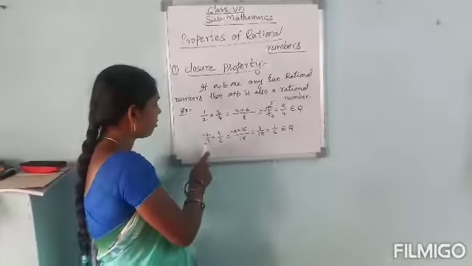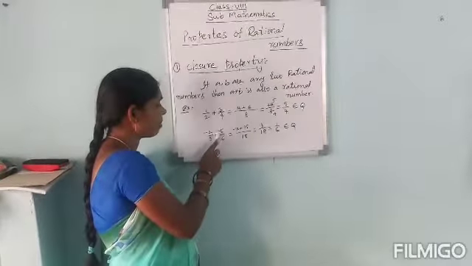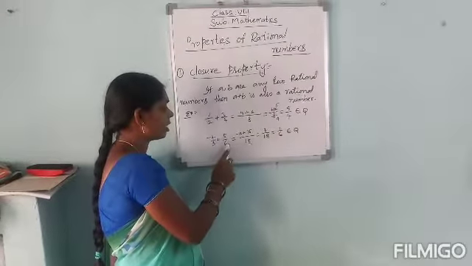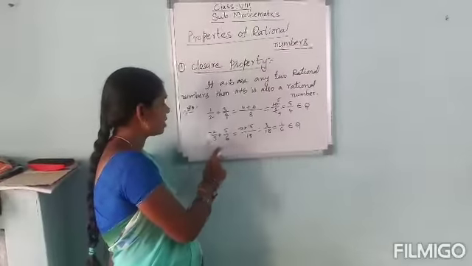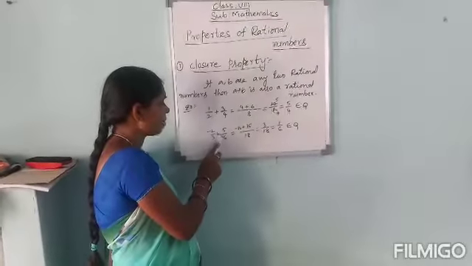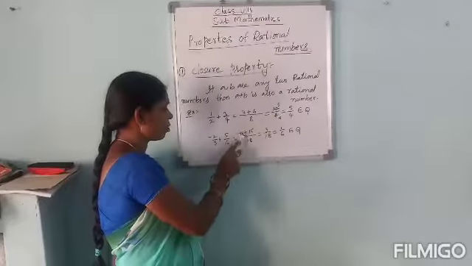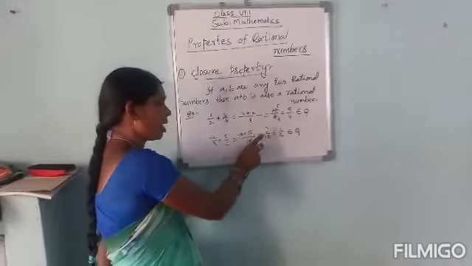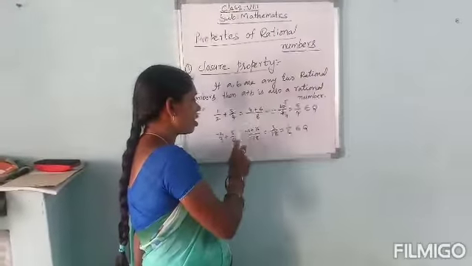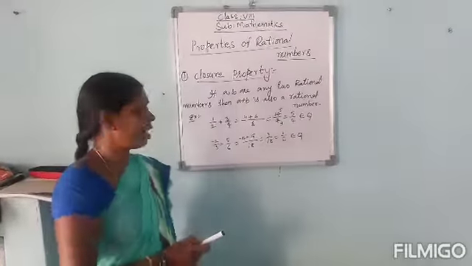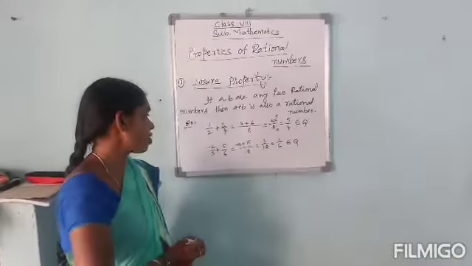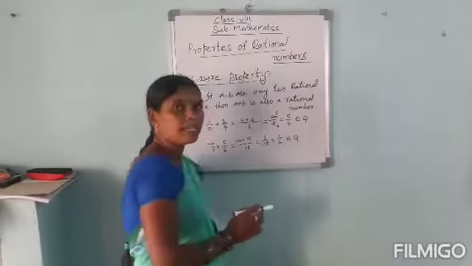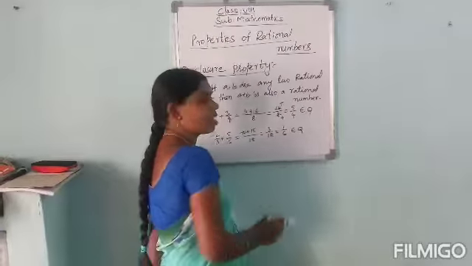Next, I am taking here one negative number. So minus 2 by 3 plus 5 by 6. What is the product here? 3 sixes are 18. Next, cross multiplication: minus into plus is minus, 6 twos are 12, 3 fives are 15. Minus 12 plus 15 is plus 3, over 18. All of these you learned in the previous 7th class, addition of integers and subtraction of integers. So 3 by 18. The simplest form of 3 by 18 is 1 by 6. 1 by 6 is also a rational number.